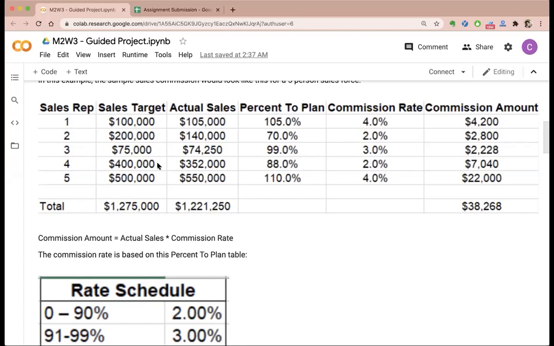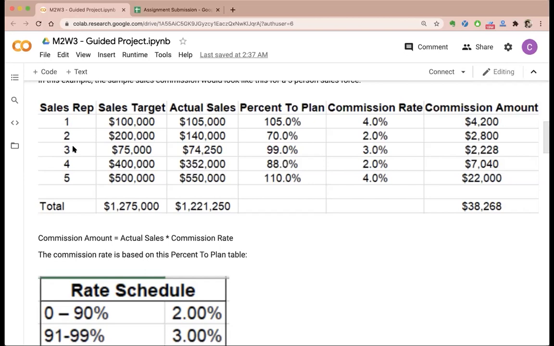When I say that I want to take random values of this sales target, for sales representative 1, or for all the persons, right? So 100, 200, 75, 400, 500, these are the sales targets. I want to take random values of this sales target. So what should I do, right? You have studied a lot of statistics this week, right? So when I want to take random values, what is the first thing that I should look at, or how should I pick those random values?